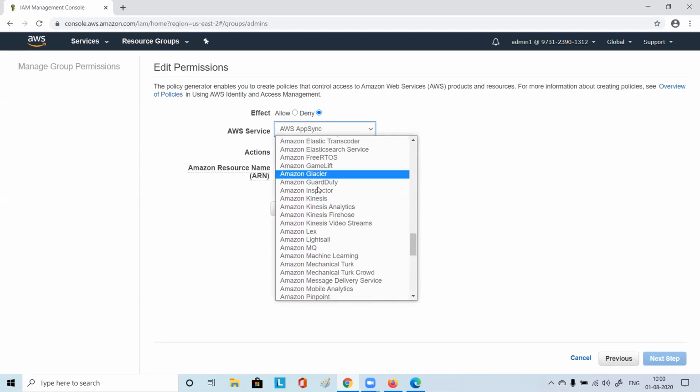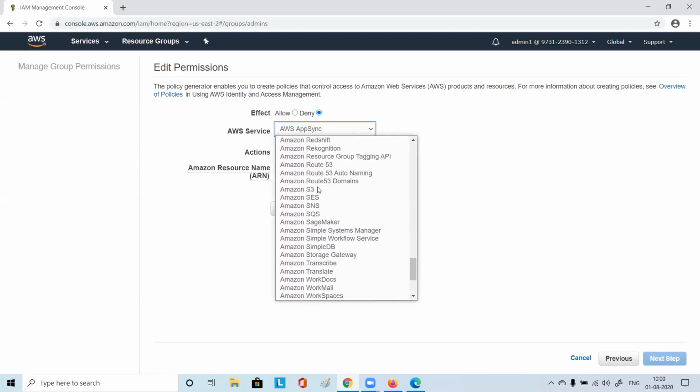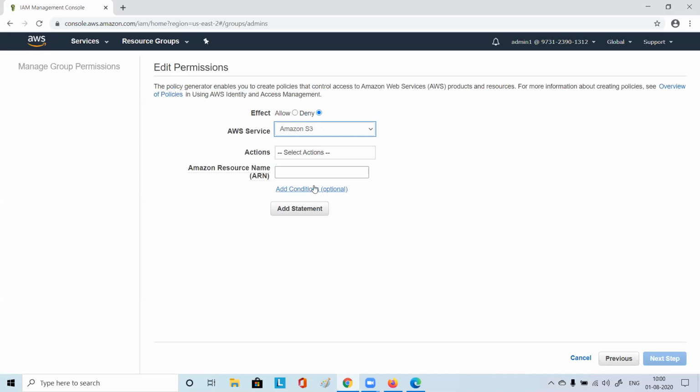So it should be S3 somewhere. Yes, here it is, S3. Now actions. What kind of actions? Delete bucket. Okay, perfect. Say delete bucket. On which resource you want to give that? Tell me.